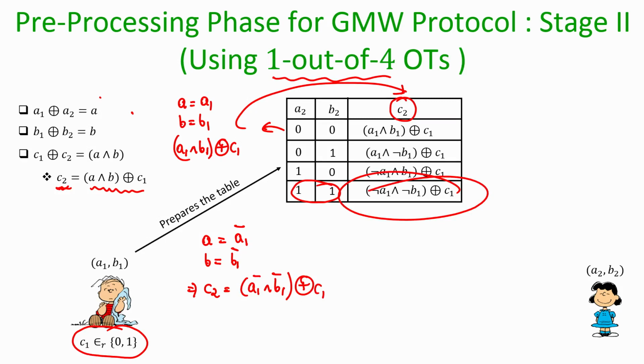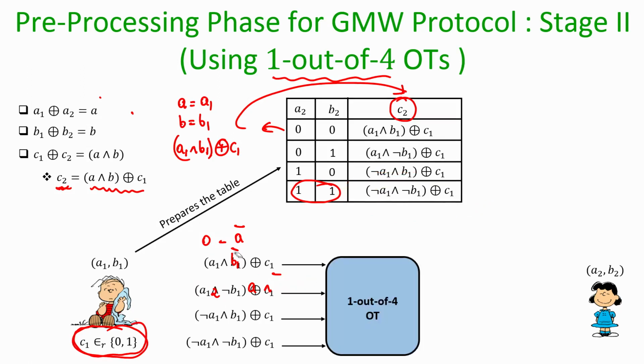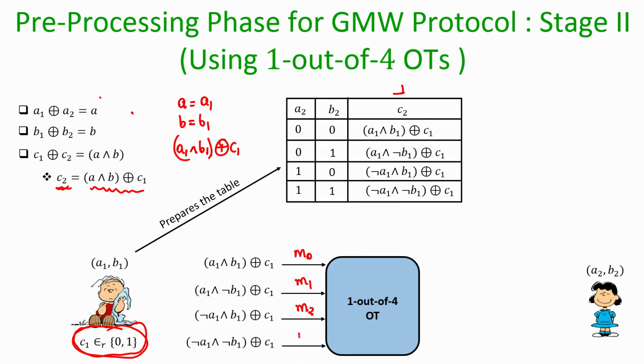So, once P1 sets his share of C1 randomly, he can prepare this table, and now he participates as a sender with these 4 inputs. So, these are his 4 messages M0, M1, M2, M3,